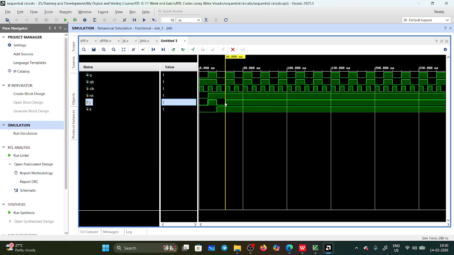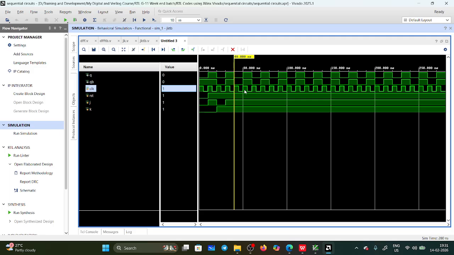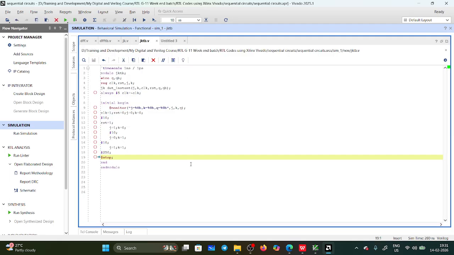And here j equal to 1, k equal to 1 means what? It will be toggle mode. Okay, goes on toggling. See here, it goes on toggling 0, 0, 1, 0, 1. Every clock cycle it goes on toggling. Every positive edge trigger clock cycle it goes on toggling. Okay, so like this you can analyze. And next,